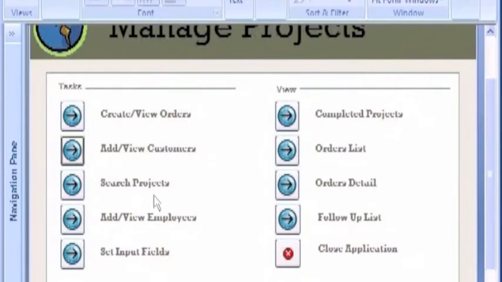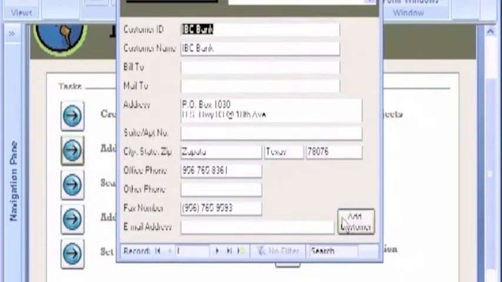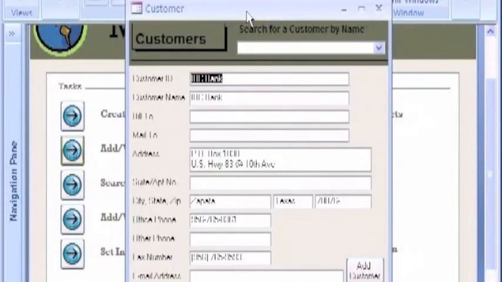Let me ask you, back there at that field, does it allow for a bill to and a ship to, because a lot of times we send it someplace and they bill it another. No. Okay. This here mainly, Robert, is to develop a customer database. I got you. So you can mail it. There you go. Bill to, mail to. Ship to, just bill to, mail to. Great. I guess ship to. Right. Same thing. Okay. I want to make sure because that's something in the past we've had clients that we sent the